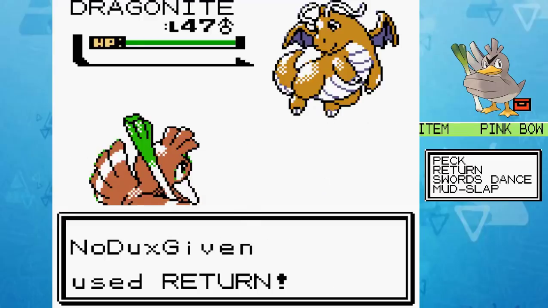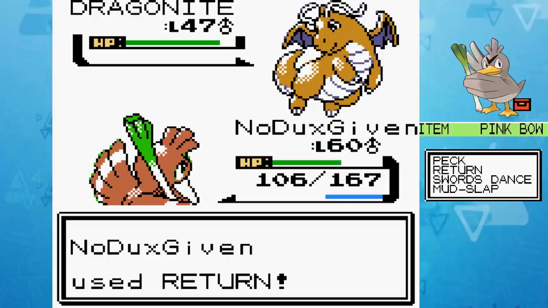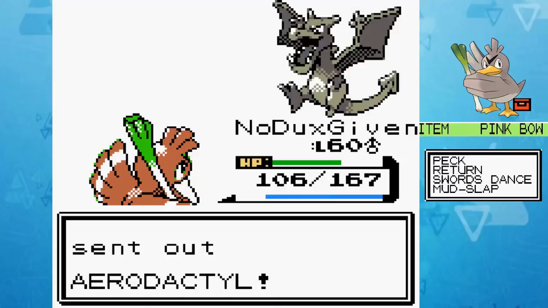The next Pokemon, Dragonite, is pretty scary because it can one-shot me with Thunder with no problem, especially from this HP. But with the power of our Swords Dances, we're able to kill him in one shot with Return. The next Dragonite goes out just as easy, but now it's time to deal with the real issue here,